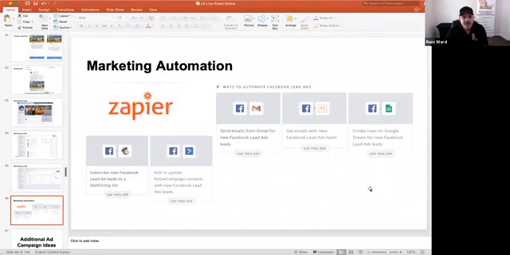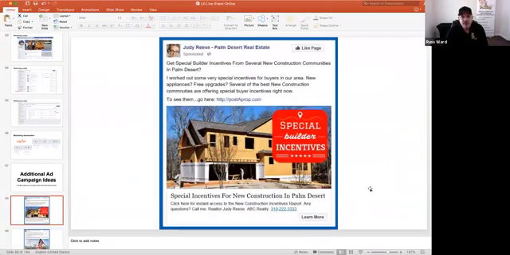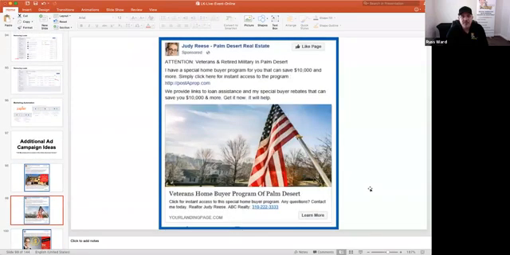What I do want to go down here and show you is additional ad campaigns, because I know a lot of you are thinking, wow, that's pretty cool, but what else can I do? So these are just all examples of different kinds of ads you can run. And I actually have pictures of these all in the login area. So this is one for builders. This is one for veterans,